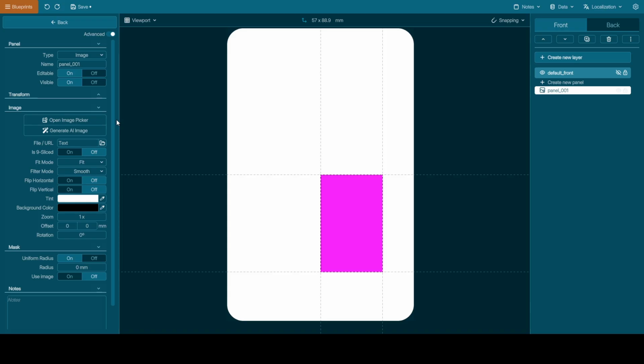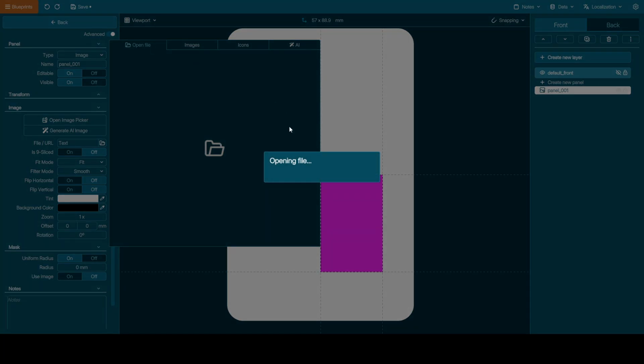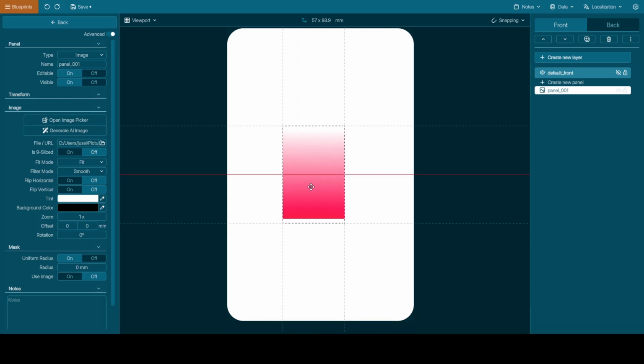So we have this one here, so then we open an image picker to select the image. There are lots of different icons and images that we have here, but I just want to use one from my pictures. I have SVG files here from previous games, and as you can see, it's a red to white transparent image. Quite simple image, even I can do this.